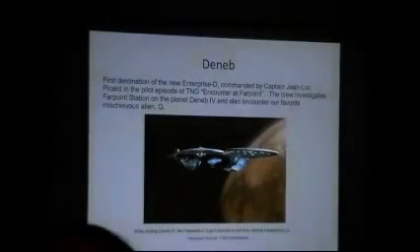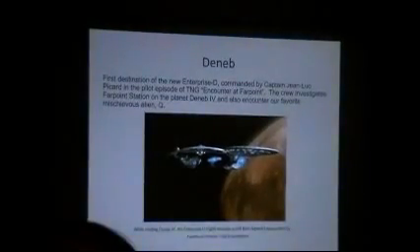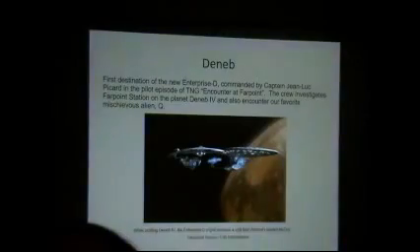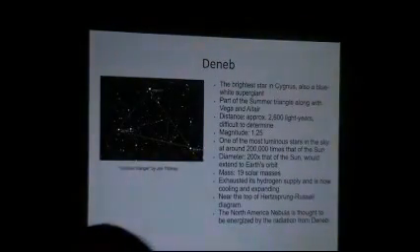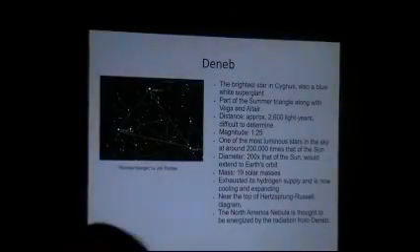Then this was the first destination of the Enterprise D, the pilot episode of Next Generation. Deneb 4, the fourth planet around Deneb. So Deneb, of course, we all know where it is. It's part of the Summer Triangle, Altair and Vega. It's a white supergiant, and the distance is hard to determine, but it's about 2,600 light years